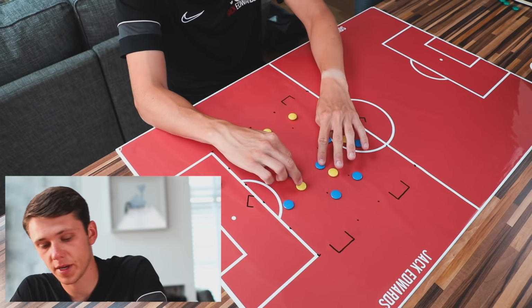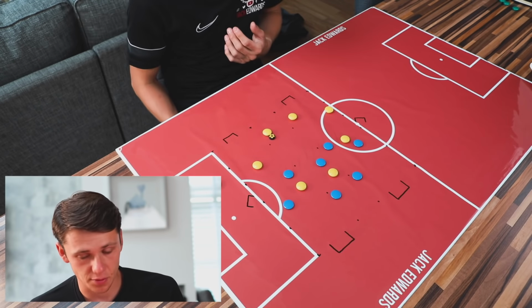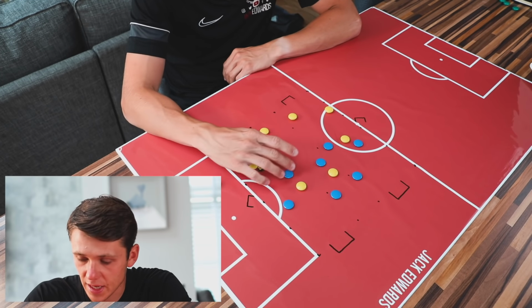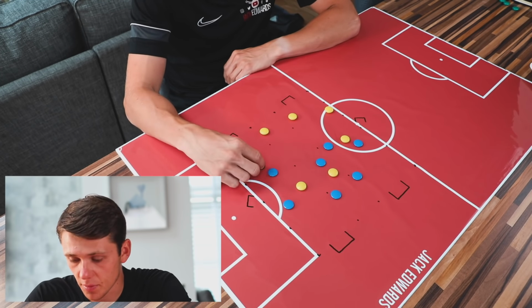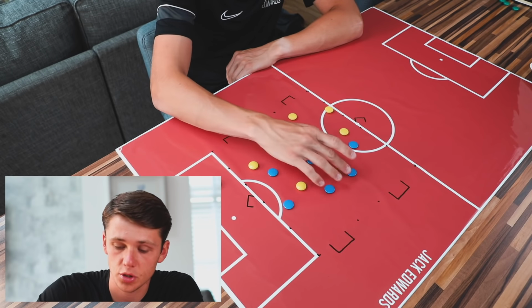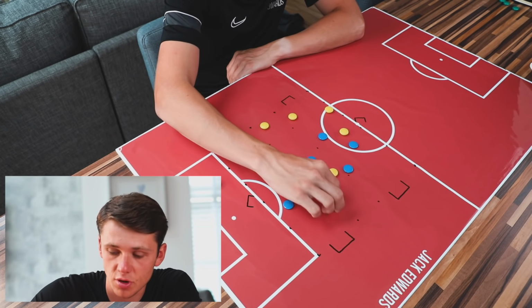Speaking about if a player's making runs on the shoulders, if a player needs somebody else to screen a pass in front, put pressure on a player as well. It could be that the ball goes out wide here, and this player, if they've got pressure on them, will go back, which is good. Then we can look to step up the pitch a little bit more. We don't want to drop too deep. So if we are inviting the long ball, it's played into a space where we can drop, win it,